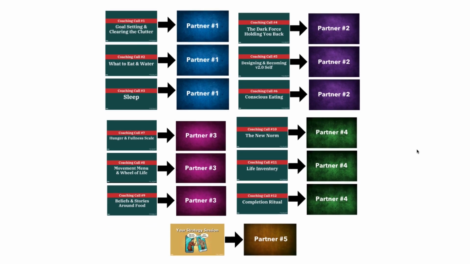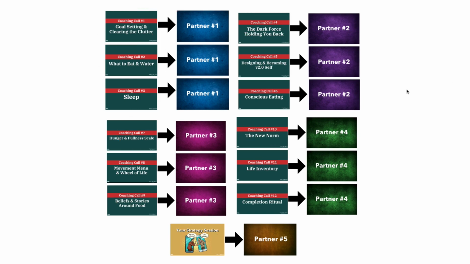Why? Because you don't need to comment your availability for the other calls because you're going to have the same partner. So what do I mean by this? Coaching call number 1, 4, 7, 10, and strategy session. Why do you have to comment your availability on those specific student community posts? Because those are the calls in which you need to find your partner. Once you find your partner, there's no reason for you to comment your availability on coaching call 2 or 3 or 5 or 6 or 8 or 9 or 11 or 12 because you already have the same partner. You can communicate through Messenger. You already have the direct line with them. You can just decide what time you want to meet. It's very easy to do. And so that's why for these other coaching calls, you will not comment your availability.